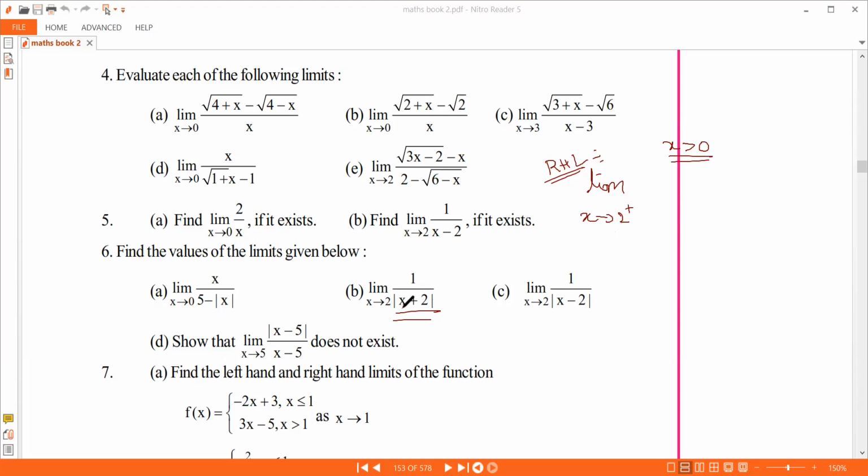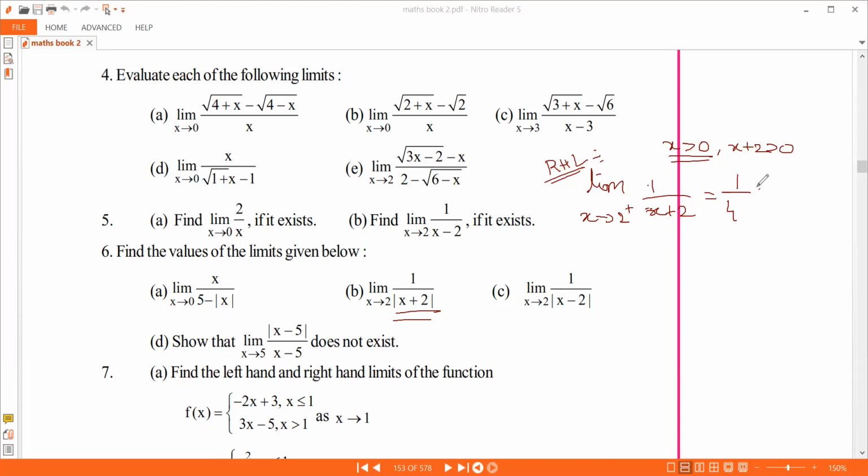So when you substitute here, you are not getting any hurting term. When you substitute 2 over here, you get 1 by 4. If x is greater than 0, then x plus 2 is also greater than 0. So there is no issue while solving this problem. You get 1 by x plus 2 itself, so that answer is 1 by 4.